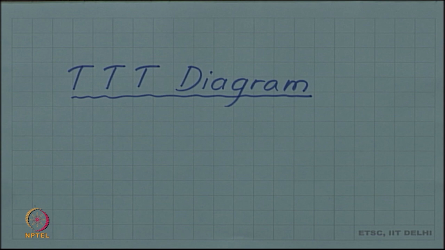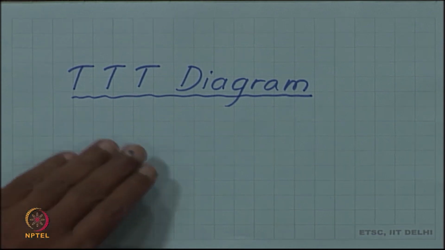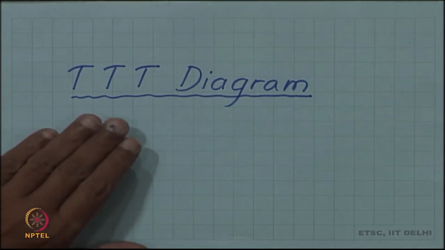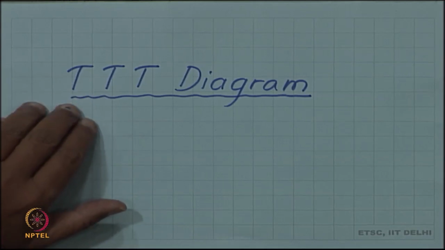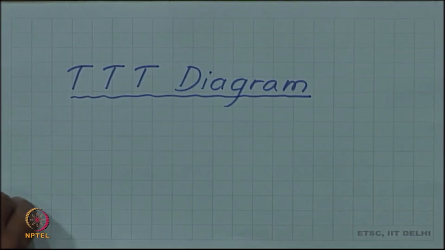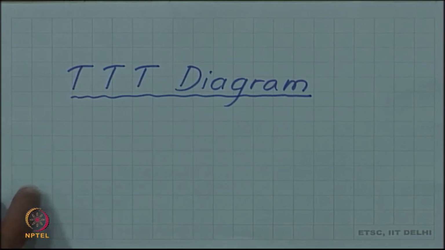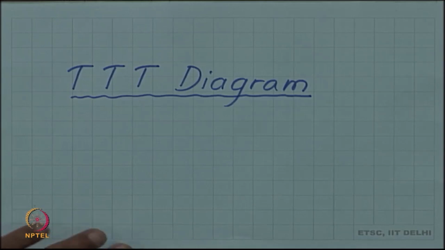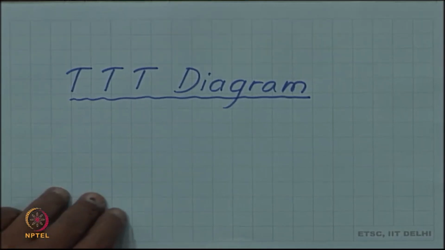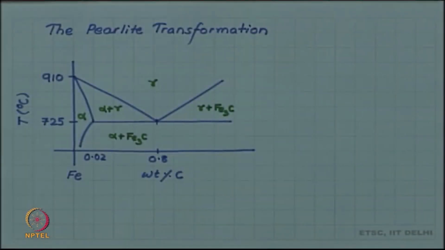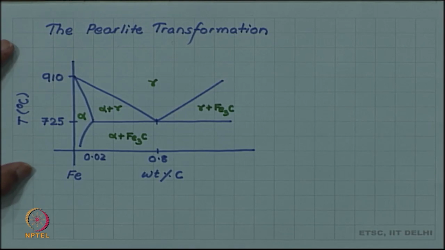So, to include that time scale, we have something called the time temperature transformation diagram. We have already met this diagram when talking about liquid to solid transformation, and we saw how it was helpful in understanding the coarse and fine grains which can be formed at different cooling rates, and also the amorphous material. We have an equivalent TTT diagram for the iron carbon system, but before we go to that, let us look at our